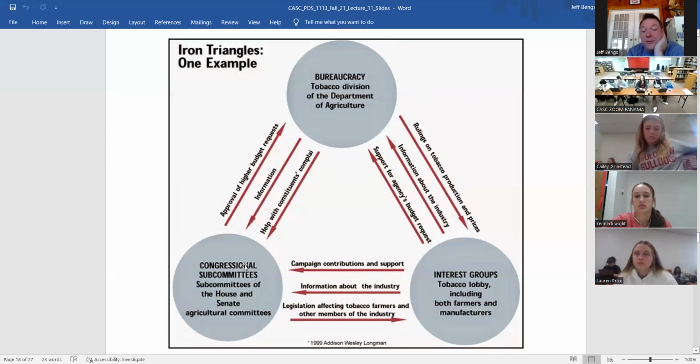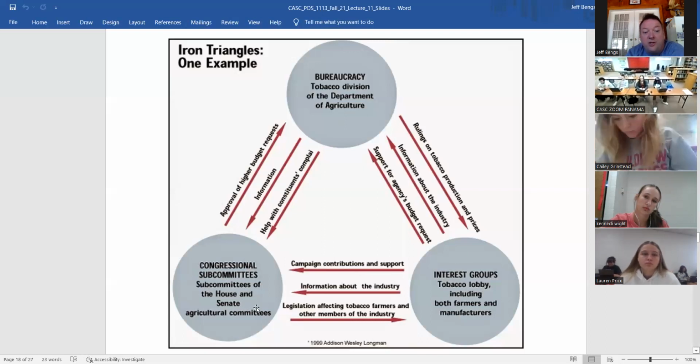And the third leg of the triangle is a smaller committee or a subcommittee of congressmen and women. Let's just say it's a subcommittee on small sheep farmers, okay? They're working together